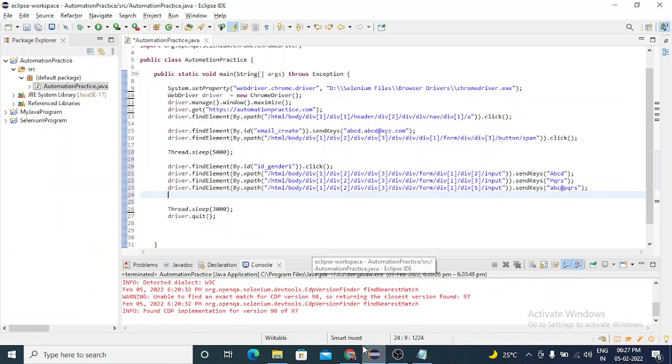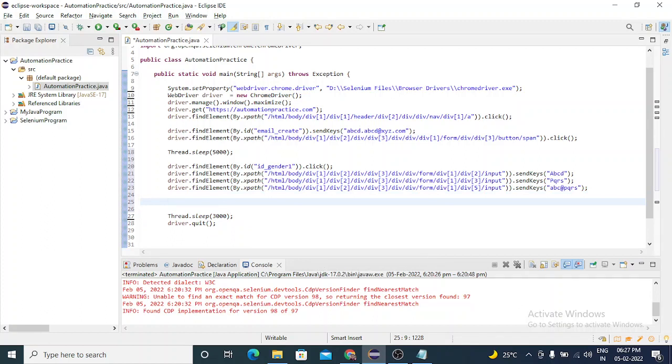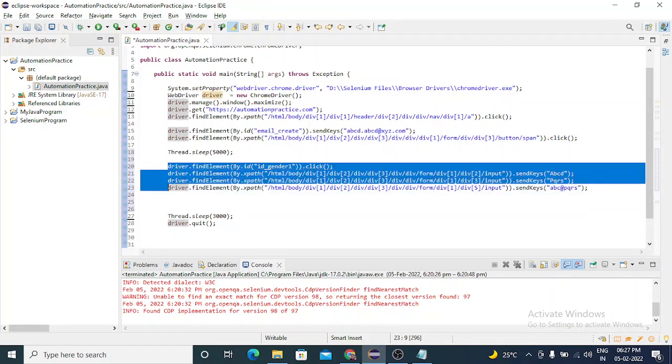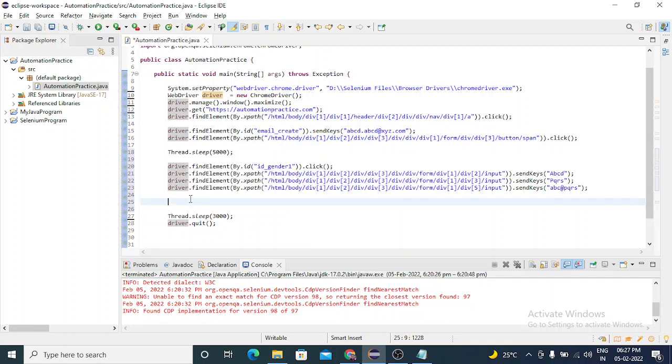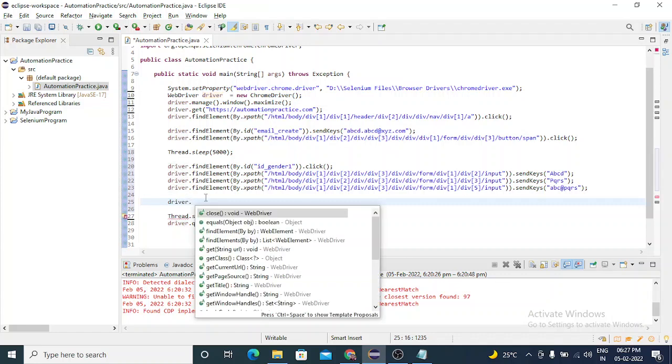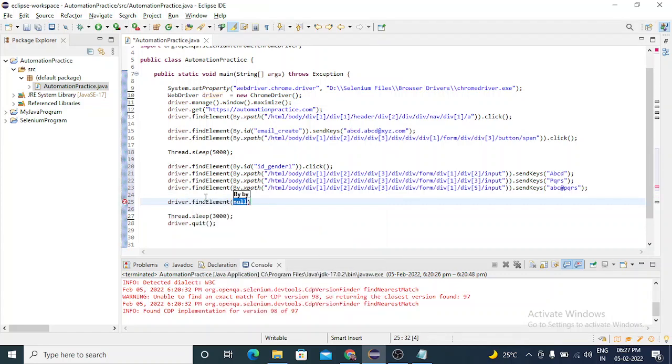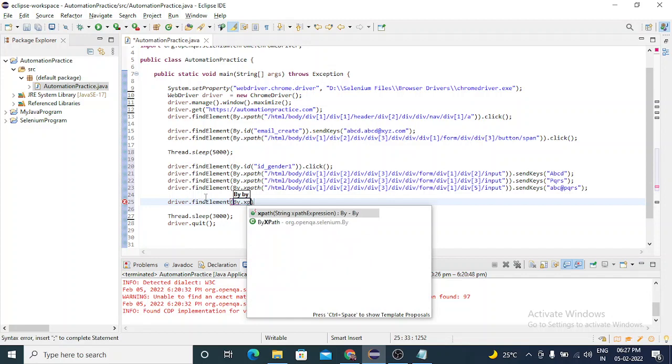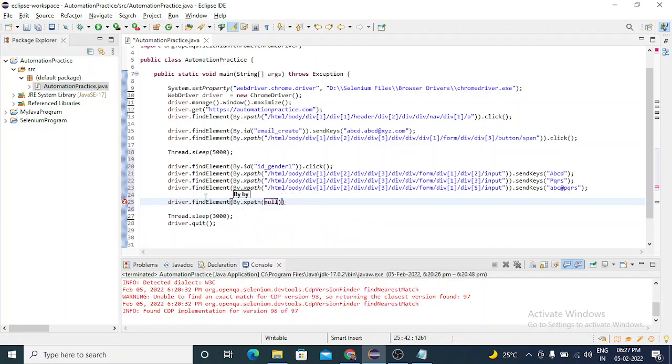What we need to do is the same thing, something different from the original, because we need to find the element first. So driver dot find element by dot XPath. I will copy the XPath of that location.